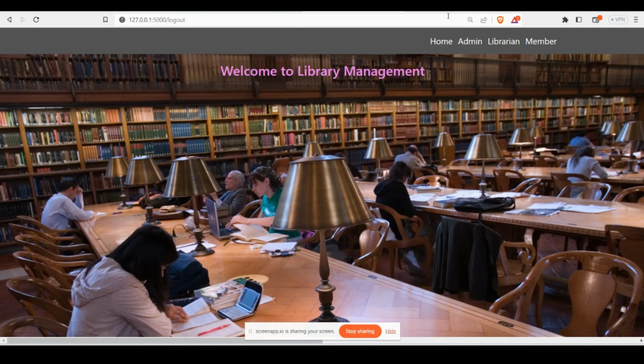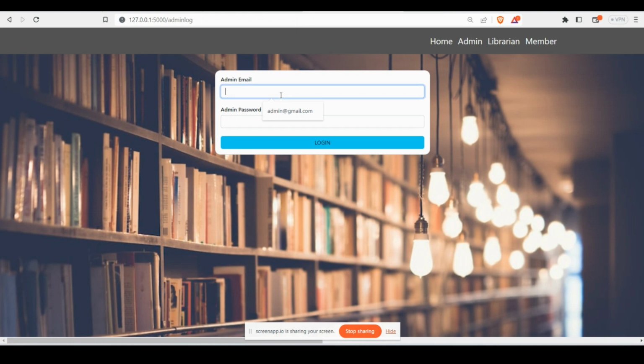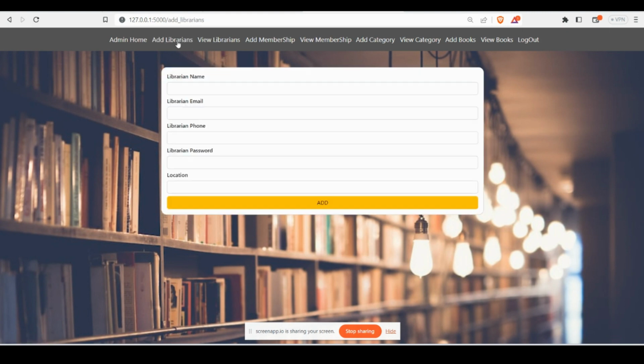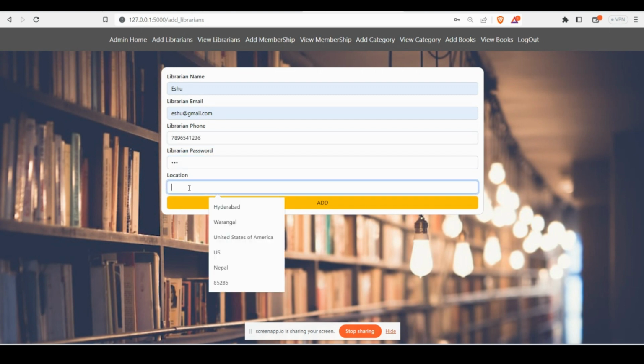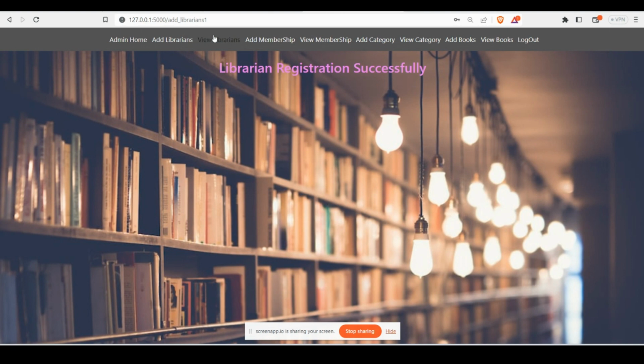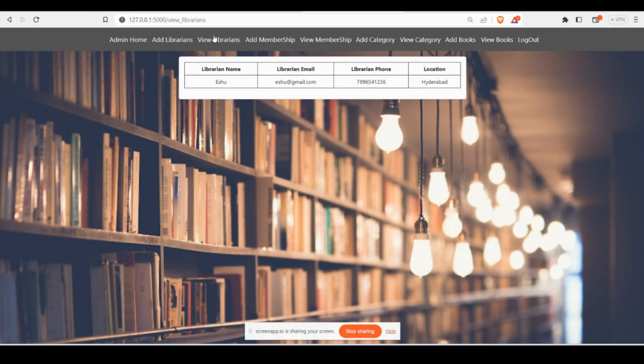So I'm getting into the application. I'm logging in as an admin by giving the existing email and password. So this is the admin homepage. Now the admin will add the librarians by giving name, email, phone, password and location of the librarian. By clicking on the add button, the librarian was added successfully, and the added librarians can be seen in the view